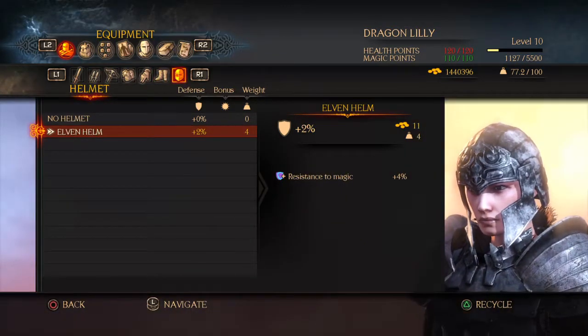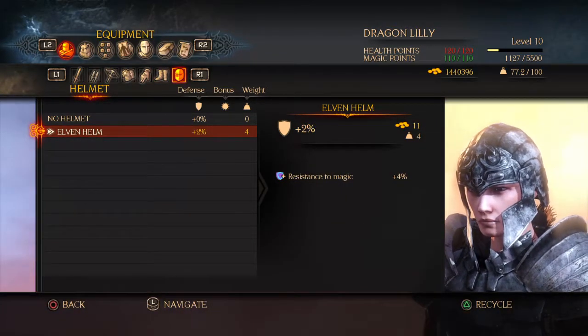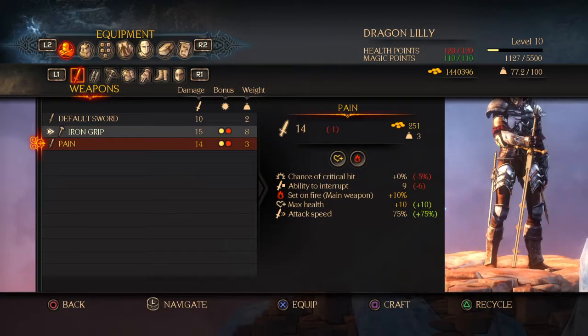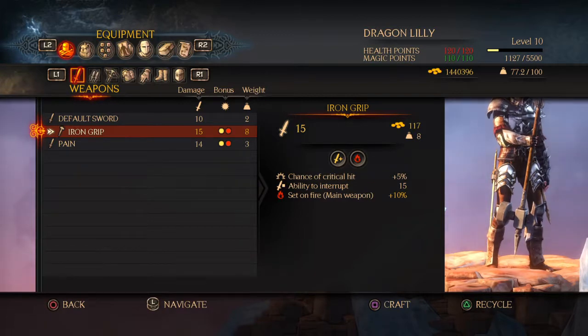Except for my Elven Helm, because there is nothing to do. You just get a resistance to magic. Oh, look at that. And yes, that is set on fire. Set on fire. That one actually is good. I'm keeping that one for this because